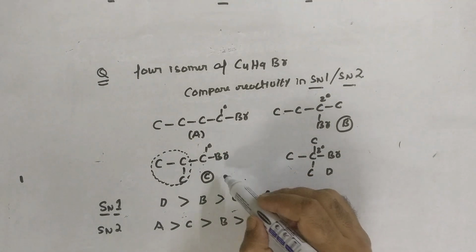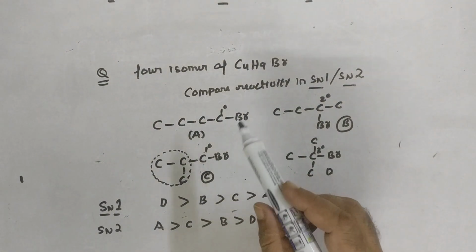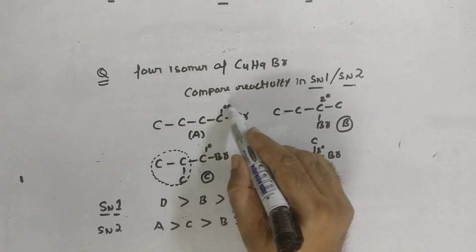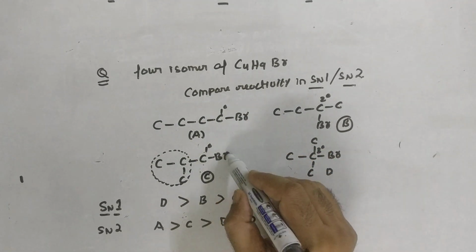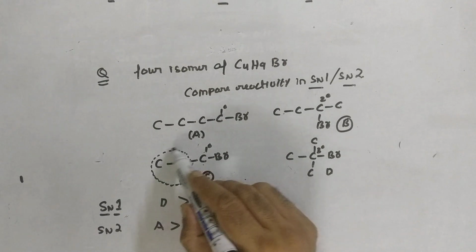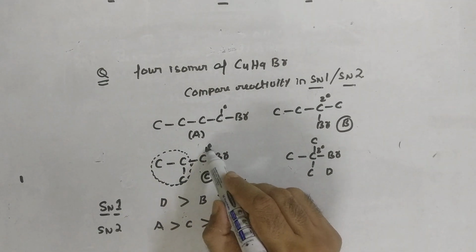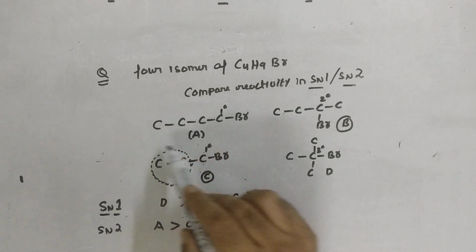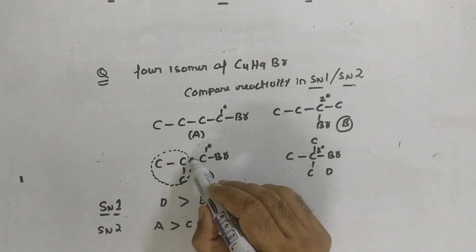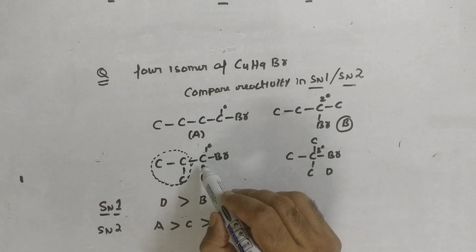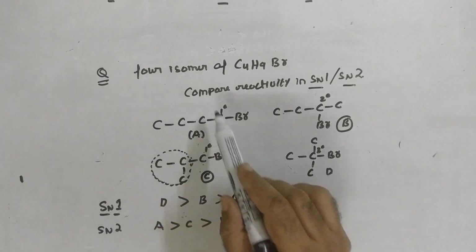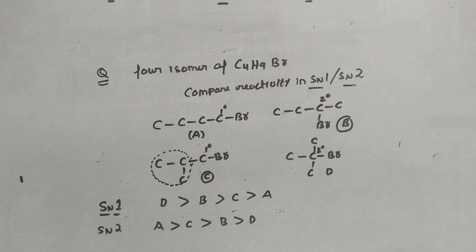So out of these two to decide, this was interesting. We have seen that in this case when this bond will break you will have a positive charge over here. In this case this bond will break, you will have a positive charge over here, and this group will stabilize the carbocation, or the positive charge on this carbon, better as compared to this normal variety, because this has got more plus I effect. The plus I effect of the iso group will be better as compared to the normal group which is present over here. In SN1 mechanism, who reacts the best? The halogen containing compound which is going to form the most stable carbocation, as we have seen when we were discussing the mechanism of SN1.